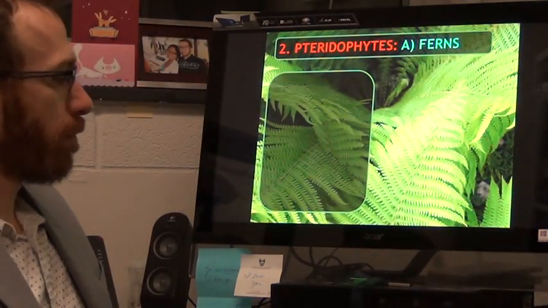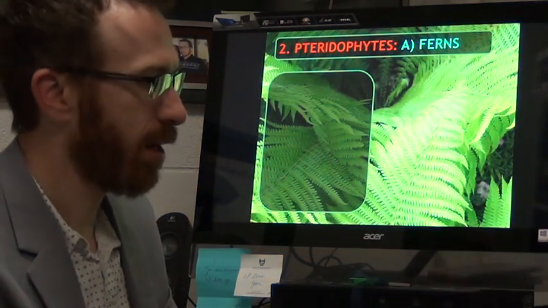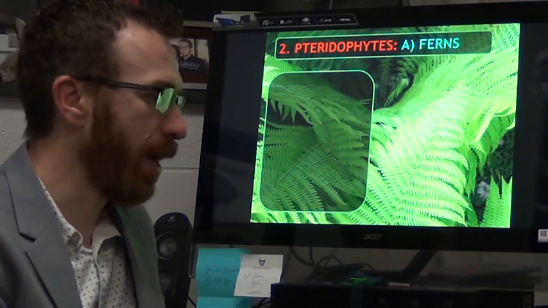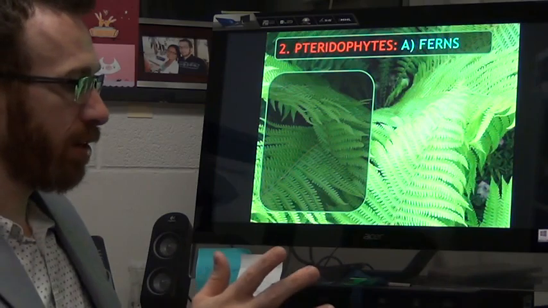So, I guess I don't have a picture of a lycopodiophyte strobilus. Hopefully I'll show you one in lab. So our next group, our pteridophytes, are mostly ferns and